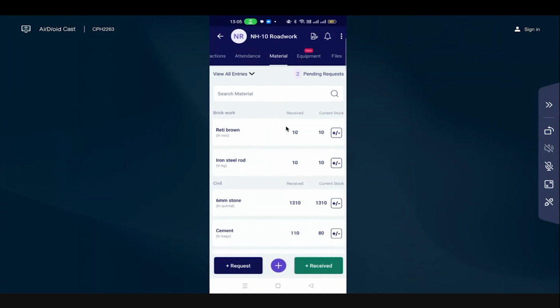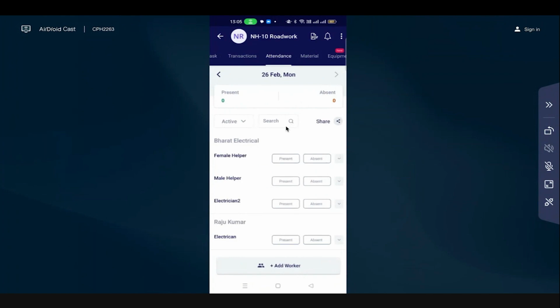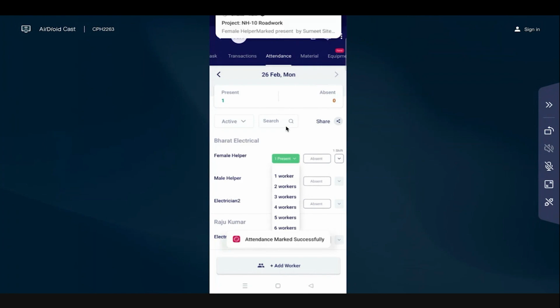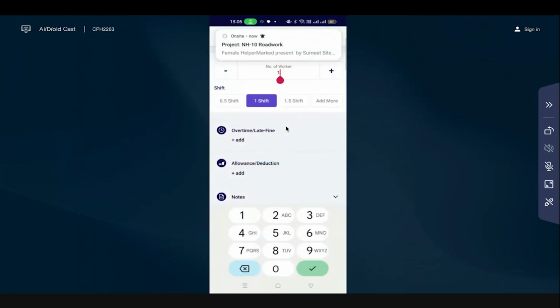Now we will go to the attendance section. In the attendance section, whatever workers are added by the office team inside the attendance section, the supervisor can mark the daily attendance of these workers. For example, Bharat Electrical is my labor contractor who is supplying me electrical labor. For example, in this particular situation, Bharat Electrical is supplying me, let's say, 10 female workers. So supervisor will just enter 10 workers here,